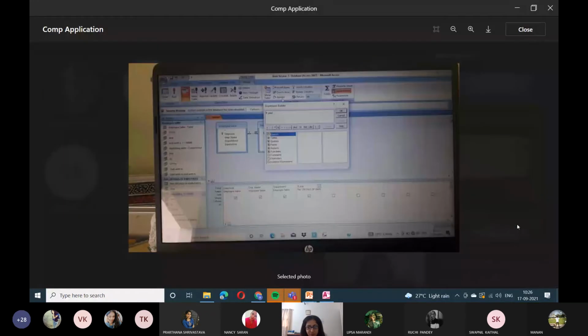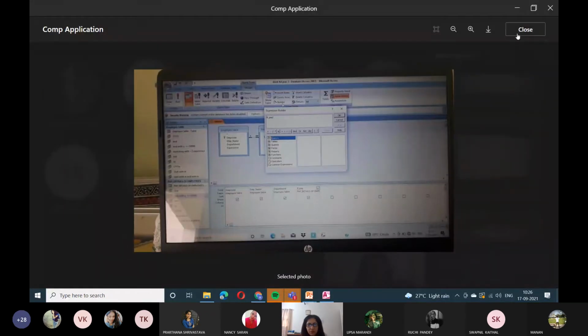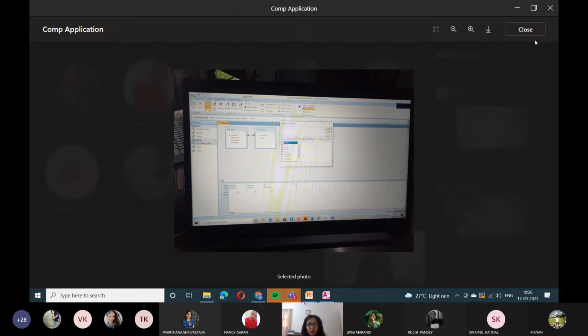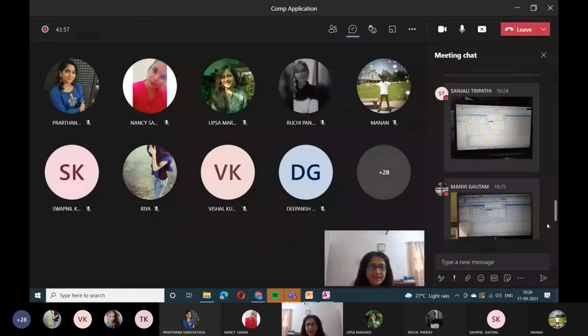Manvi has sent me. Yeah, Manvi also has the right relationship. But Manvi, I'm not sure, I can't see it, but just confirm once that your primary key should not be on employee code. Like Sanjali's, I can see the employee code primary key in the second table.